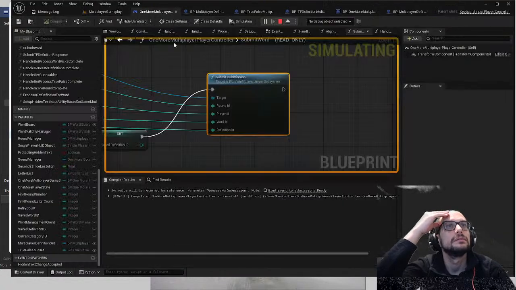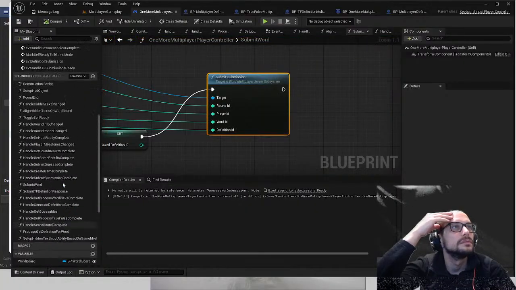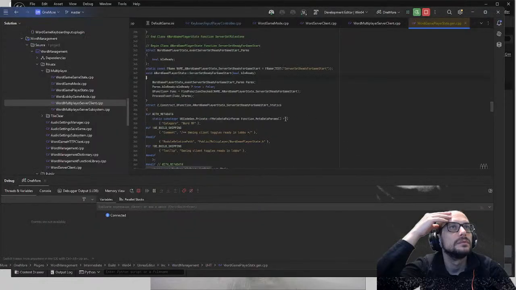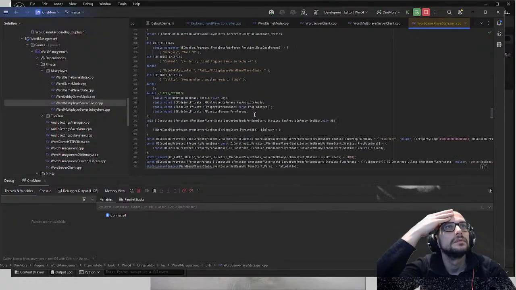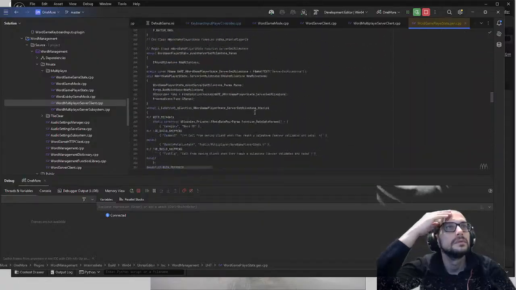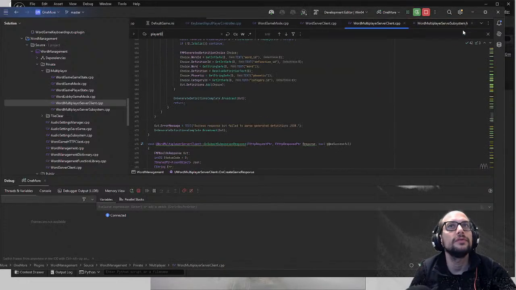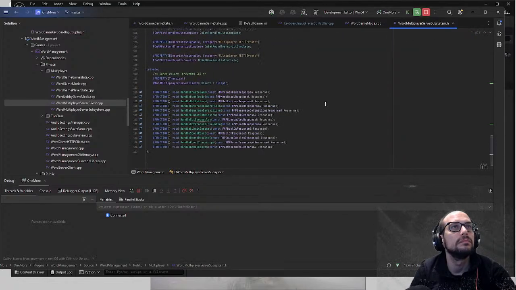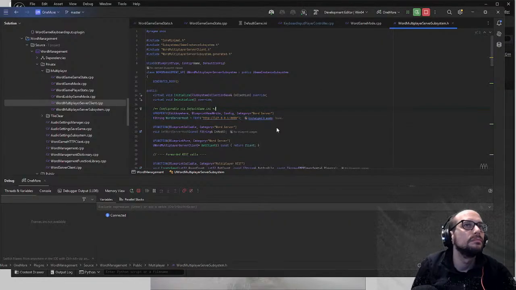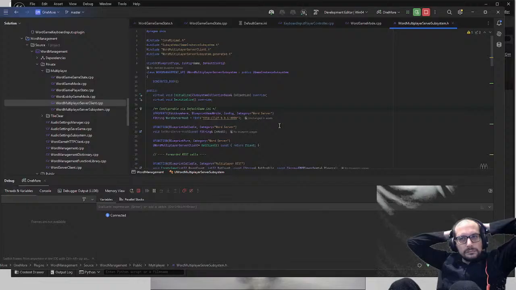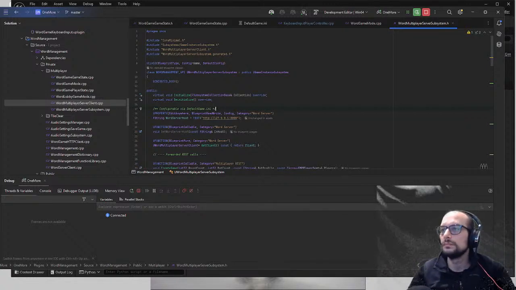Where is it set? No, that's the generated. Ooh. Okay, so